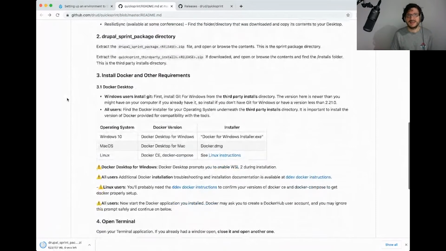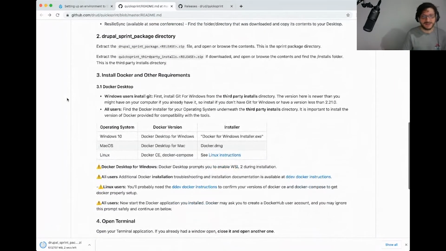Docker does need a bit of RAM. So if you've only got like 2